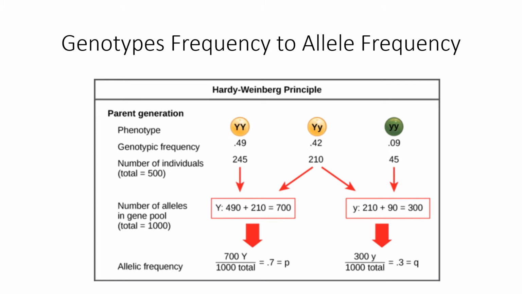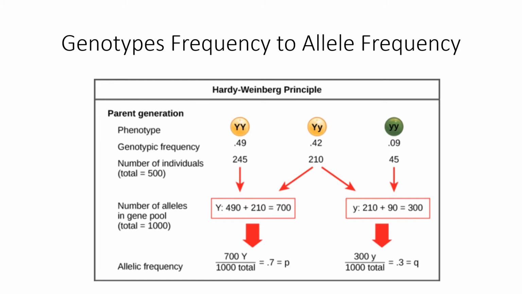The 490 comes from the 245 organisms that have 2 of the dominant alleles, so 245 times 2. The 210 comes from the fact that in the heterozygous, one of the alleles is the dominant allele. So we have 210 alleles in that section of the population,